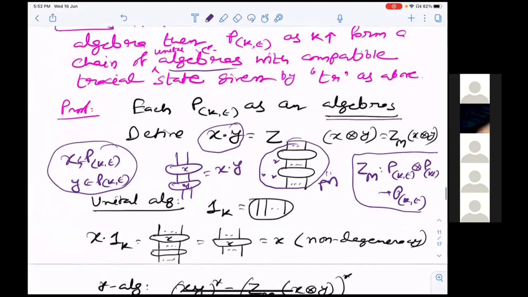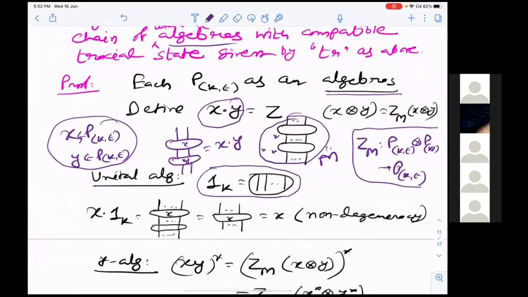And this is also a unital algebra because the unit is all the through strings. Let me prove this very easily. x dot 1k should be equal to x. But what is x dot 1k? This multiplication tangle has two internal disks. In the first disk you put x. By renumbering, it does not matter actually, so you can put x here or here. You just have to fix one notation, whether you want to put it above or below. So here you put x and here you put 1k. But 1k means all these lines are joined through strings. So ultimately you will get an x. But by non-degeneracy, that is the same as x.